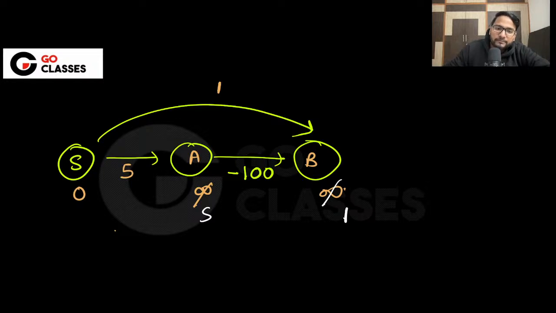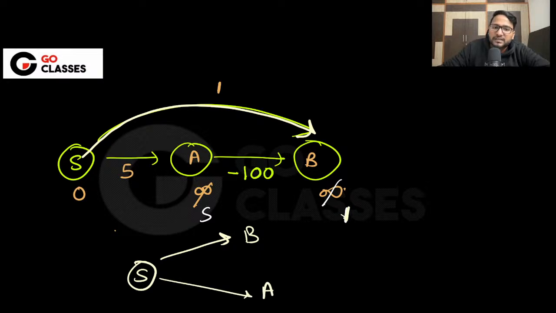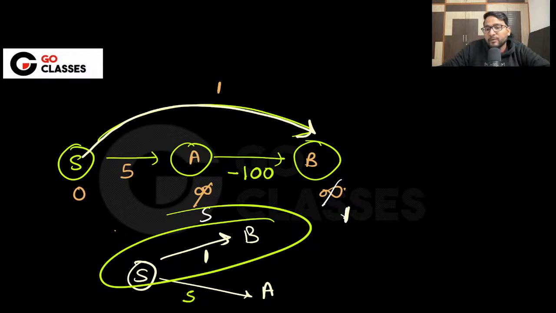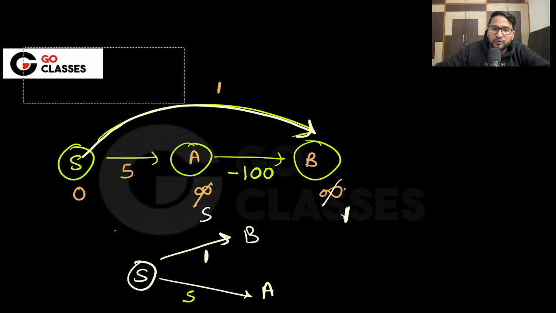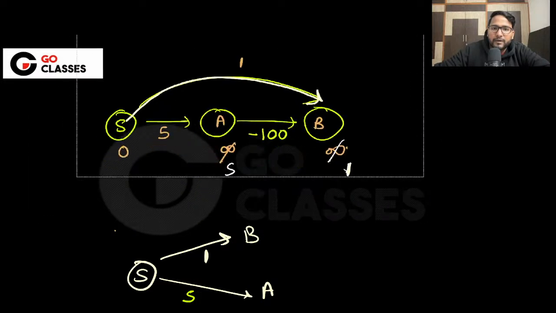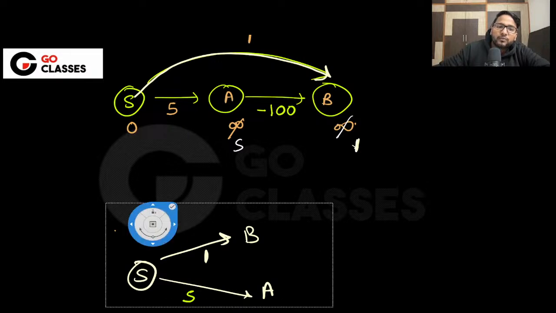So what went wrong here? Can you tell me? The reason is how the basic Dijkstra algorithm works. Dijkstra is basically a greedy algorithm. If I'm going from S to B, and this is 1 and this is 5, then I'm saying that S to B is 1 is minimum. According to Dijkstra, S to B being 1 is minimum. Why? Because I'm claiming here that in future there won't be any